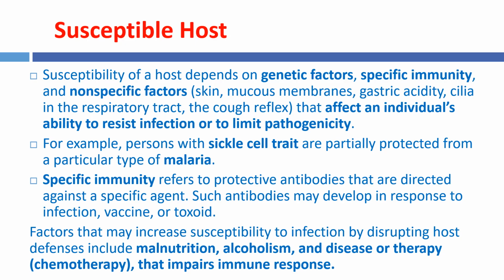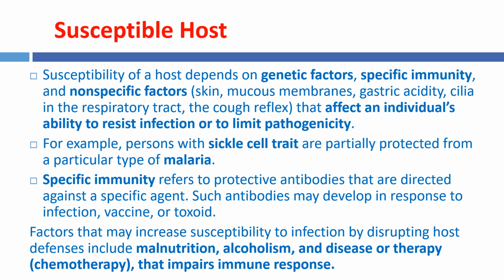Specific immunity results from getting infected with the disease or being vaccinated, while non-specific factors like skin or mucous membranes are the physical barriers against the organism. Also, there is gastric acidity, cilia in the respiratory tract, or the cough reflex. We call all these non-specific factors. They all affect an individual's ability to resist infection or to limit